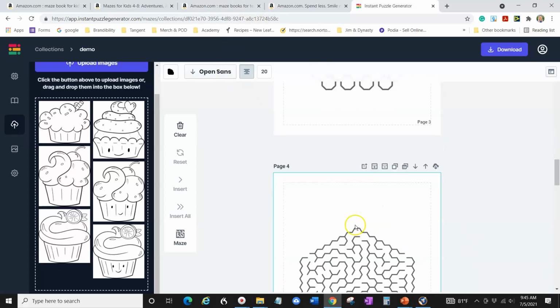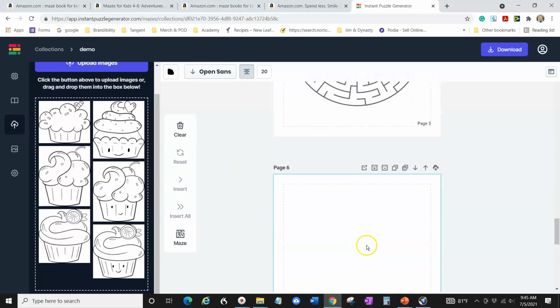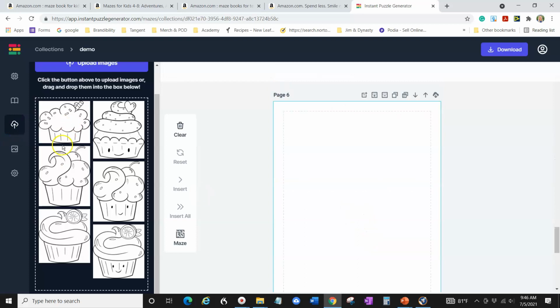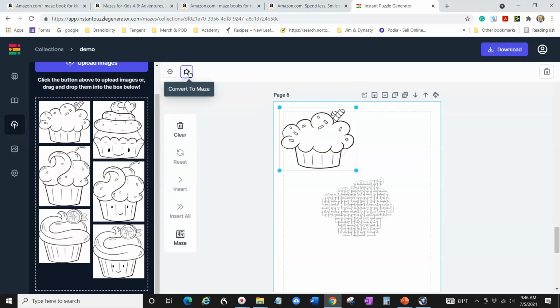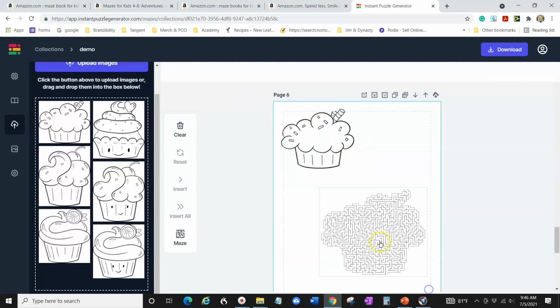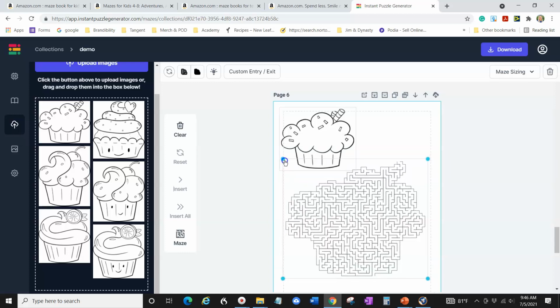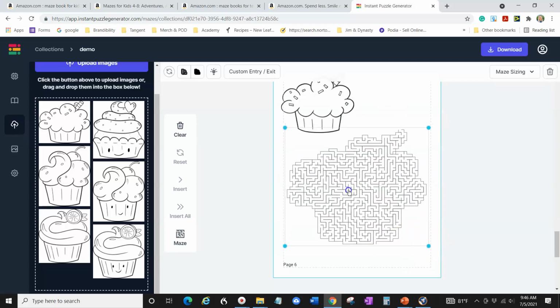What I want to show you something else you can do. So I'm going to go down here and I have page 6, and this is one of the upgrade features that I think is so awesome. It's so amazing. You can go like this, click it, insert it right onto this page. And what I'm going to do is click it so that it's highlighted. I'm going to hit this and I'm converting this to a maze. I love this feature. This is like my favorite feature. So I can make it bigger, and this is why I like to have the margins so that I know that I'm making it and it's not going to go outside the margins.